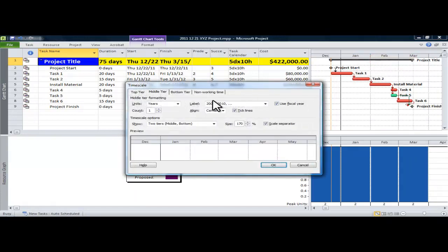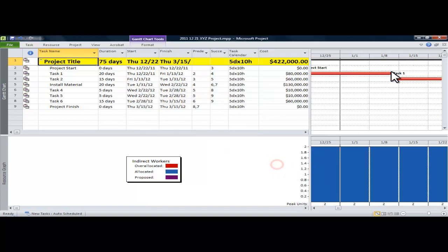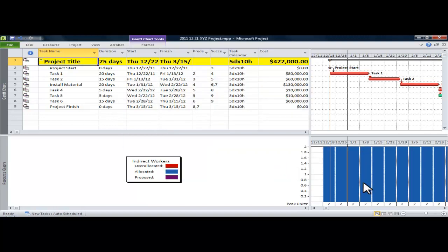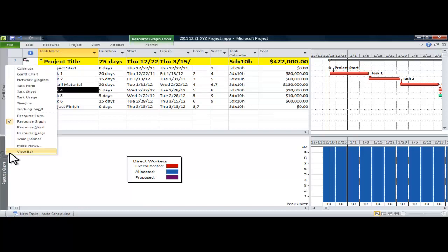You can pull up resource curves and resource histograms so you can see what your resource requirements are, if there's any conflicts, or if you're peaking during a certain type of period where it's not going to be a good plan, for example, to peak during the holidays, and you can make schedule adjustments to make a schedule that is realistic and feasible. So I'm showing you some different options that you can choose simply by right-clicking on the left